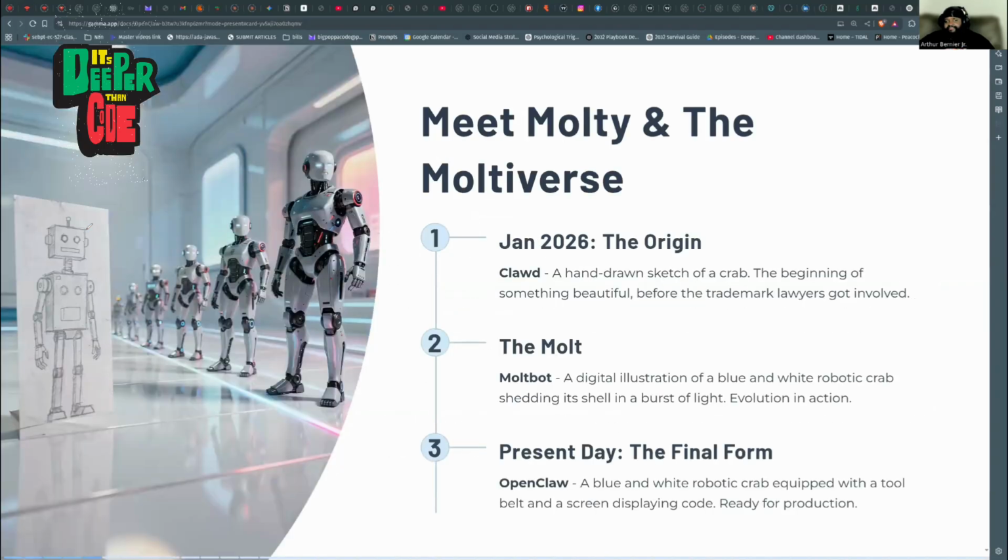So think about the way that things have flowed. Originally, earlier in the year, they came out with this name Claudebot, right? Kind of a joke on Claude, not the open source, the tool that Anthropic made, and Anthropic's lawyers got involved and were like, nah, you can't use that name, because come on, that's crazy. Then they changed the name to Moltbot. And that name is not that great. So then they changed it again, and now it's OpenClaw, and that's the name that they promised they're going to stay with.